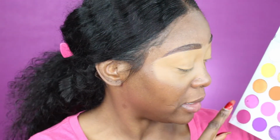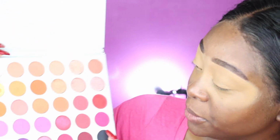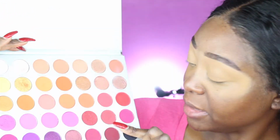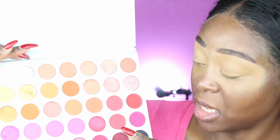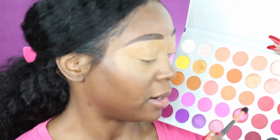So now we're gonna go into the infamous Jaclyn Hill palette, and first thing first, we're gonna work with these colors. As I said, the second to last row, and I'm gonna go into this transition shade right here. This one is called Next, so I'm gonna start with Next. I have so many brushes and I still don't know which brush to use. That is so crazy. Okay, so I'm gonna take it onto this brush right here,